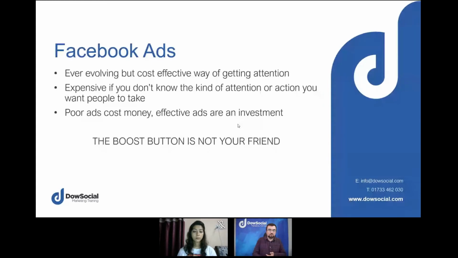And then you've got Facebook, who obviously wants its users to be happy, but it also wants its advertisers to be happy. So it's trying to balance the two. And the way they do that is they reward ads that are highly targeted and have a clear message and a clear call to action, and follow their quite strict policies at times to make sure they're fair and